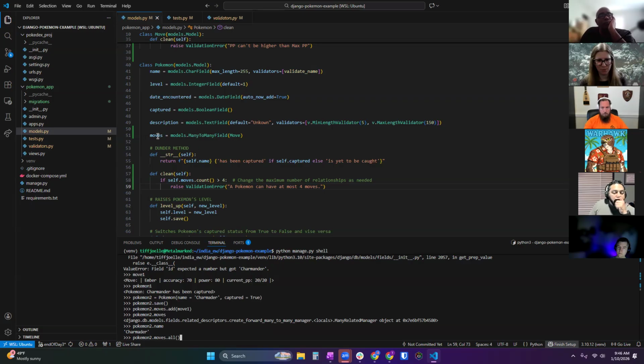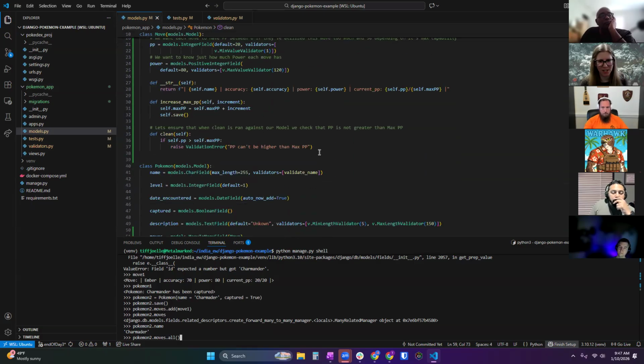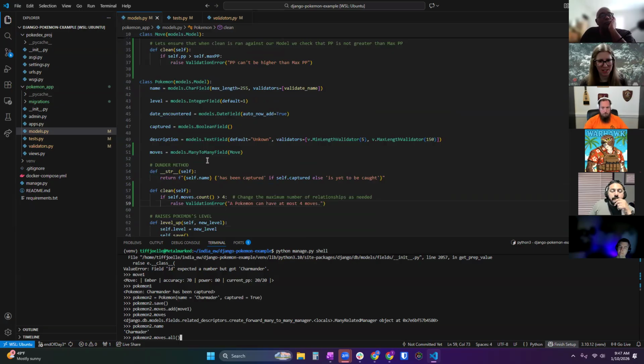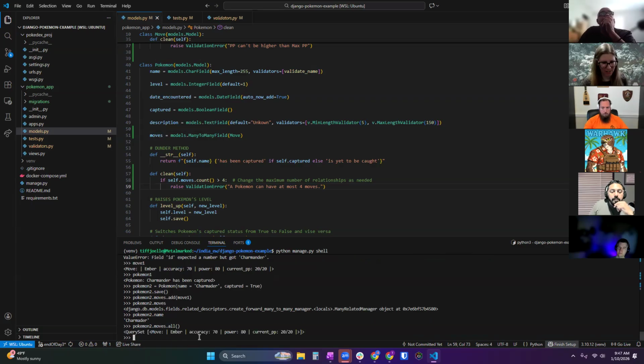If you take this related field that should hold a lot of different foreign keys in it, and then move actually also has the same thing, although not visibly, but we'll see that in a second. You can say Pokemon.moves.all, and that will give you everything. It will give you a query set. So it queries, this is basically saying select all moves from Pokemon.